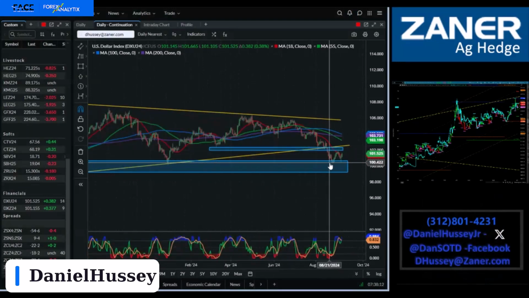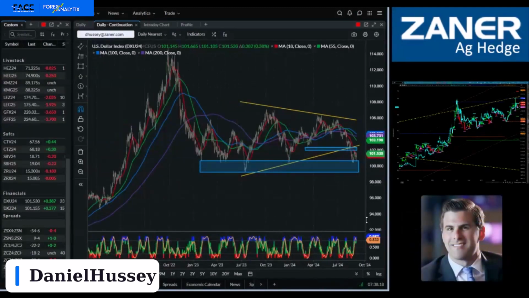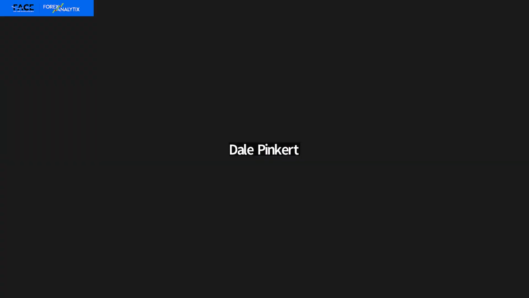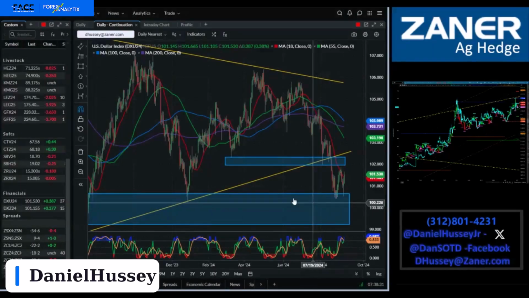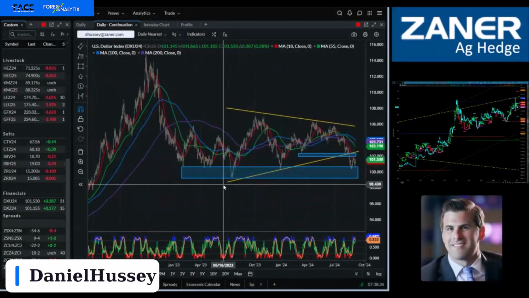I also, being a momentum trader, I'm looking for that break below 100 to become a net seller for that continuation lower, because back below 100 is just a big psychological figure for the Dixie. That'd be the big door opens breakdown. So I'm looking for 97 on the next decline from 102.50. Sure, and that would put you solidly below the lows of 2023. That would be a big signal to this market.